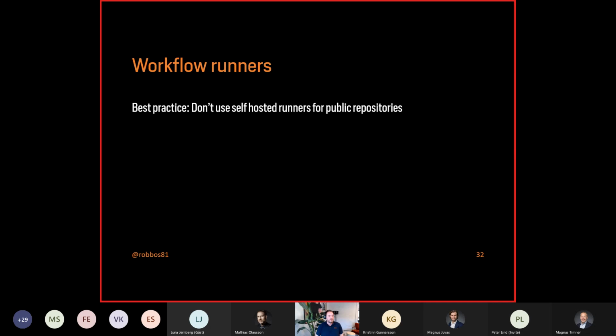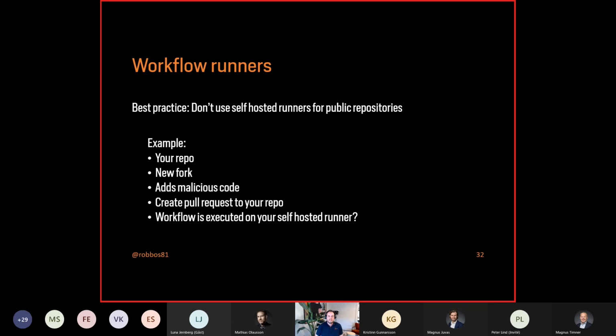And as best practice, never, ever host your self-hosted runner and then set it up to build something from a public repository. Because what can happen, you have your repository, somebody looks at it and says, hey, I see a small vulnerability inside of this workflow. Let's fork it over. I'm adding some malicious code here that does something with your workflow, and I create a pull request because it's a public repository, you can do that. And all of a sudden your workflow is being executed inside of your networking boundary on your environment. That could potentially be very scary, and it's a very easy way to get hacked, of course. And people try to escape the boundaries and do weird things with it.